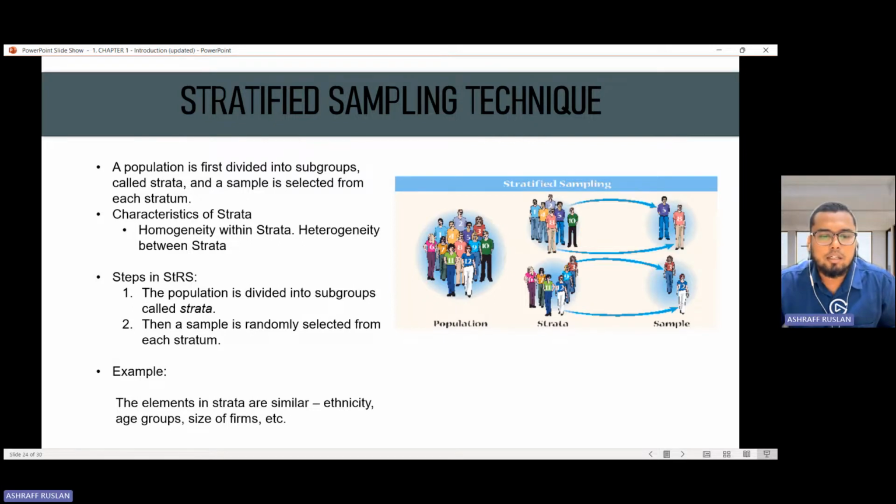So dia dah bahagikan kepada blok A, blok B, blok C. Alright. Tetapi the moment dia nak ambil survey daripada blok A, blok B, blok C tu, dia akan ambil secara random. So untuk blok A, responden adalah mereka yang tinggal di blok A.